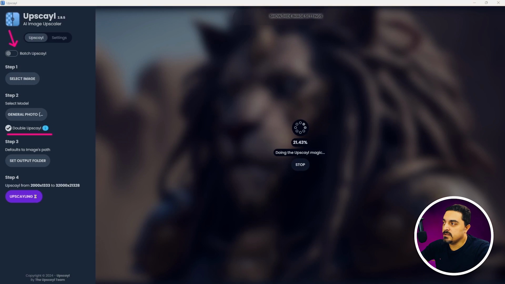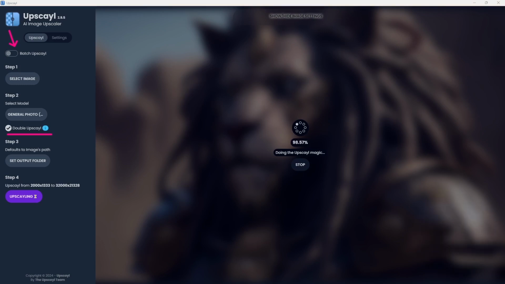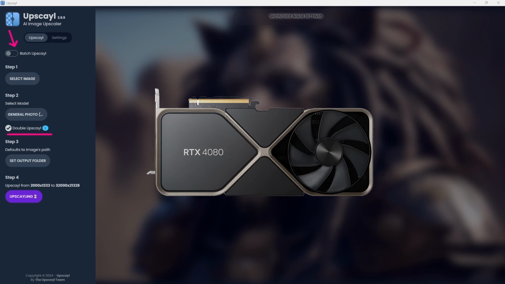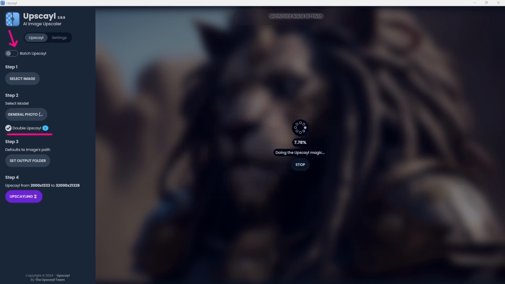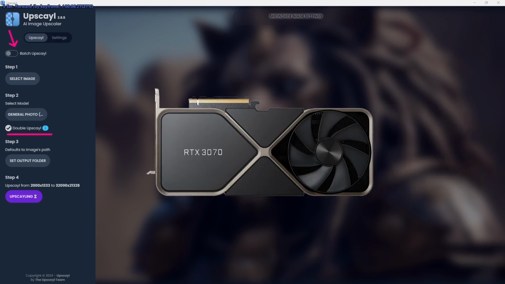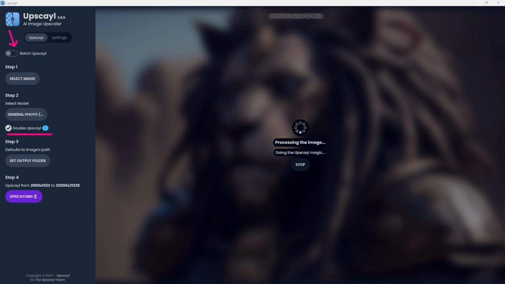As you see, this will take a lot of time to complete. This time depends on your hardware power, and if you have a higher RTX graphics card like the 4080 or 3080 Ti series, you will get faster results. In this example, I use a 3070 graphics card, and it takes about 11 minutes to complete this.